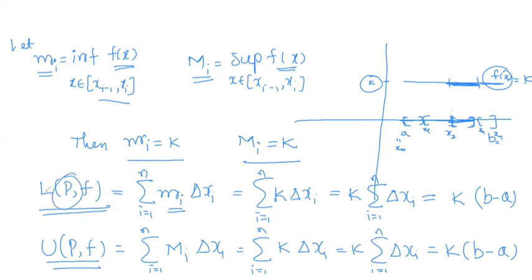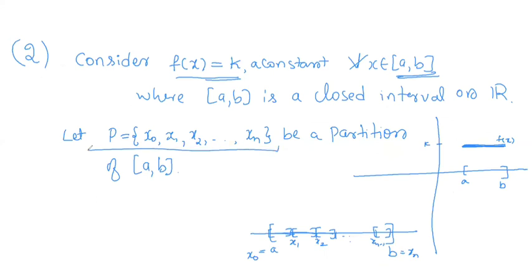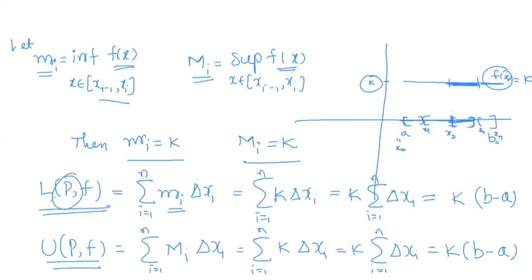So here the partition P which we have started with is arbitrary, right? This is not a fixed partition, it is an arbitrary partition. So for any partition P, lower Riemann sum is k into b minus a, where you can observe k is the function value, which is a constant value, and b minus a, which is also constant. So there is no variable in the lower Riemann sum and the upper Riemann sum. So whatever the partition P you take, the lower Riemann sum is fixed, which is k into b minus a, and the upper Riemann sum is also the same, which is k into b minus a.